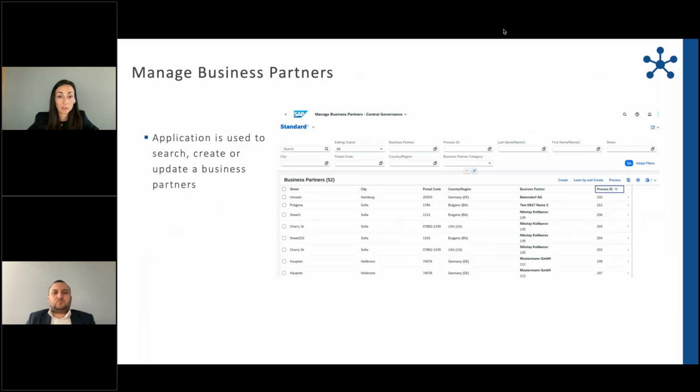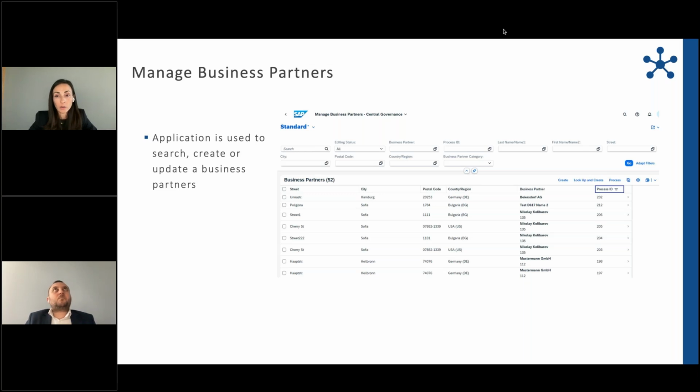And with that, we start with the Manage Business Partners application. This is our central point for searching, creating, and changing business partners. Now, since the cloud-ready mode is based on CDS views, we no longer have the same or even close to the old look of the starting MDG screen. Even the change request concept, which was the most widely known, is no longer in use in cloud ready mode. Here we are talking about processes and process IDs. We do not have a change request anymore in place.